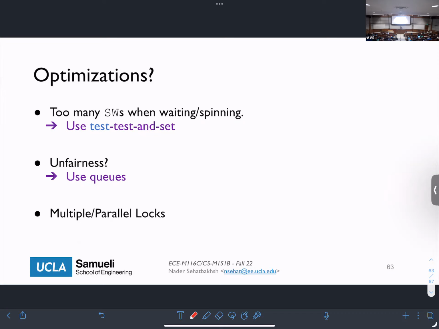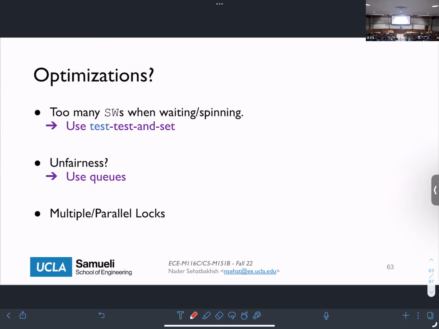Okay? So again, I'm not going to show you the code, but you probably get the idea that you basically do the while, but we don't do the swap. We just do the normal read from the log. Still, everybody has to read the log, but you just don't need to swap it with 1. If it's 0, then do the swap. It just adds a little bit more delay to acquiring the log, but at least it saves a lot of stores.